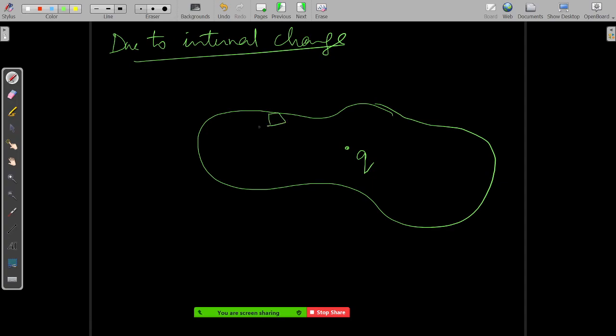Let's say this one is the surface. You can take a small surface delta s now. If you see, this surface direction is this one. This is your delta s vector. But the electric field here will be in this direction, right? The electric field will be away from this positive charge. And let's say this makes an angle alpha here.